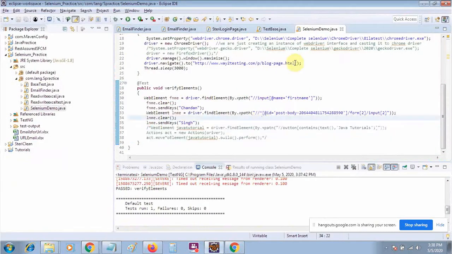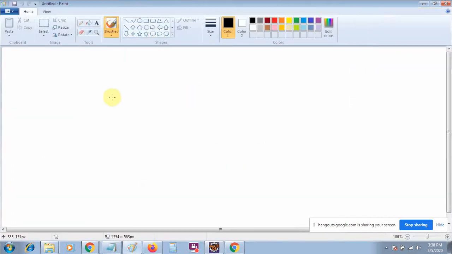The first is a simple list box or drop box like this one. Wherever you click, some values will open, like this one, this one, this one.